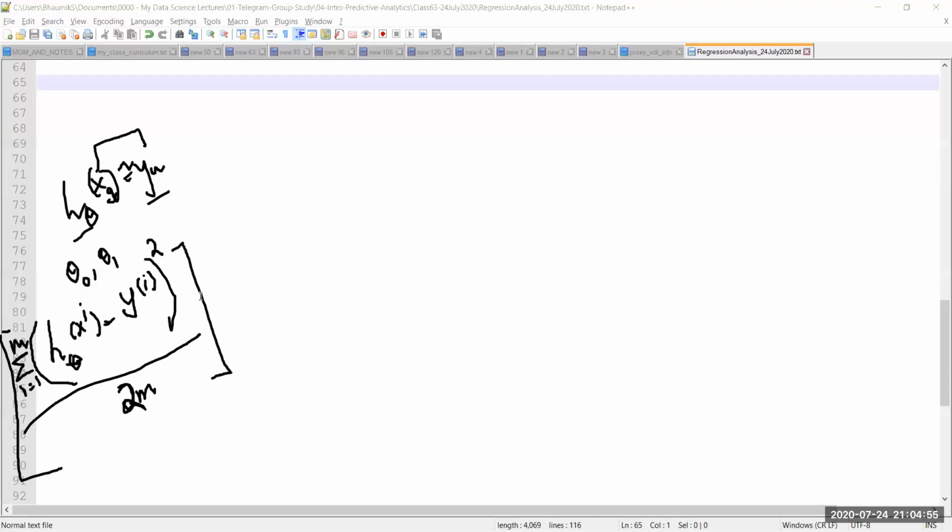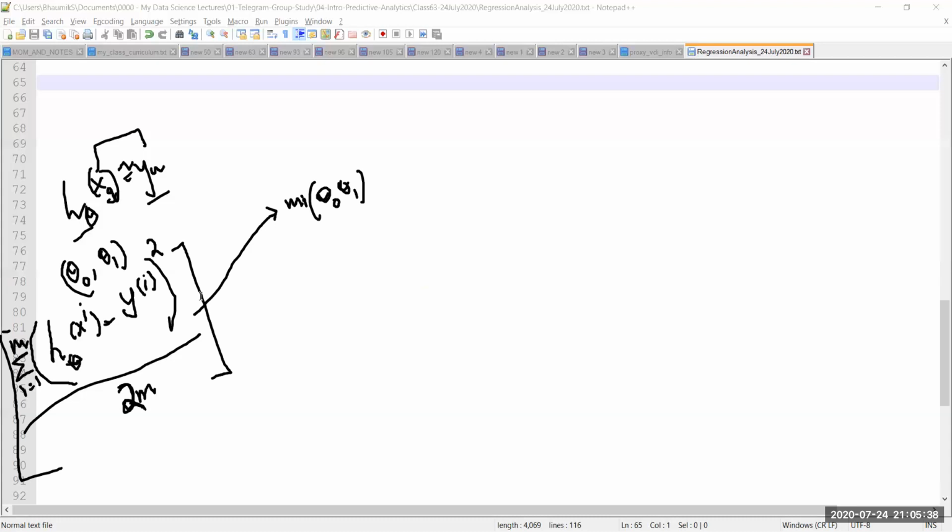But this 2m is just to signify that if I take a differentiation, or if I'm trying to minimize this value, a division by 2 of m, just to nullify the effect of m as well, is really a good take. And that's why this equation can now be used to minimize the values of theta 0 and theta 1, so that I have a set of values for theta 0 and theta 1 so good that h of theta x of i for any given i is almost equal to y of i, which makes this bracketed value equal to 0. So that's what my intention is.